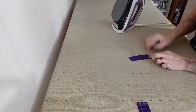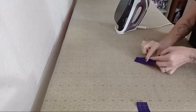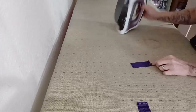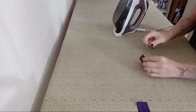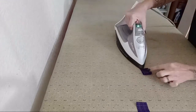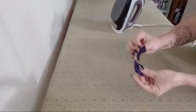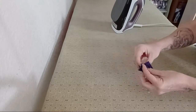I know you guys probably do zipper tabs differently, but I don't want the zipper exposed in any way, so I'm not just placing it on top. I'm actually placing the zipper inside of this little piece, and I'll show you when we get to the sewing machine. And then fold it. Once both sides are folded in, we fold it on top of itself like this, lining it up. And here's our zipper tabs now. So they look like this, folded in half, and the ends are folded in. So now I'm going to put all this aside over here, and we're going to mark